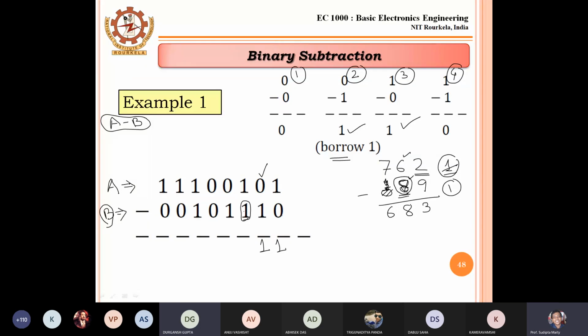So I have to add over here. So when I add this borrow part over here, 1 plus 1, in addition it is 0 and carry 1. So now this 1 has been changed and it will be 0, because it is the resultant. Now it is carry 1, again carry 1 has to be added with this term. So again 1 plus 1 means 0, again carry 1.